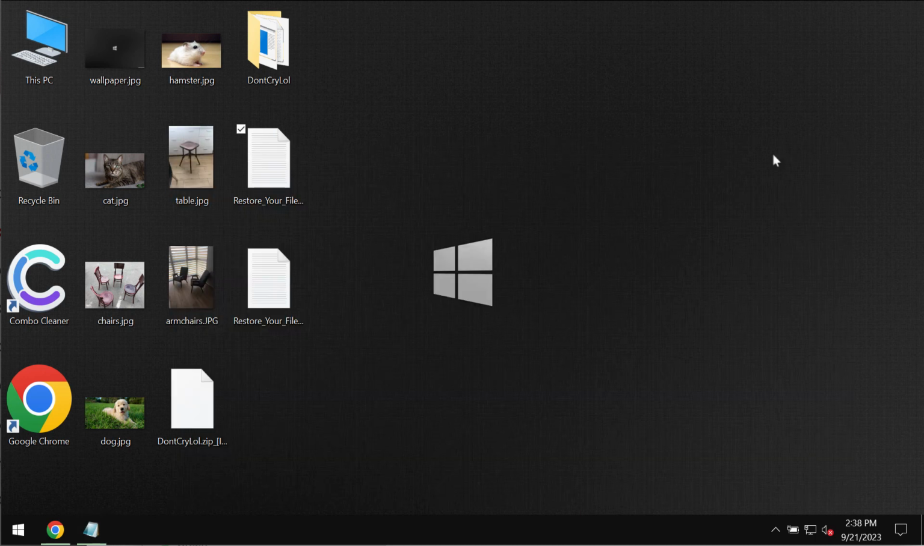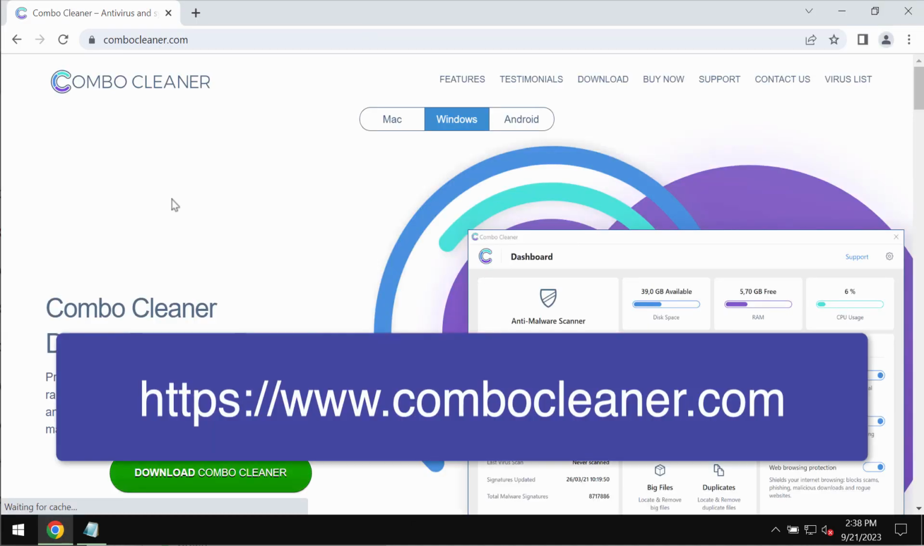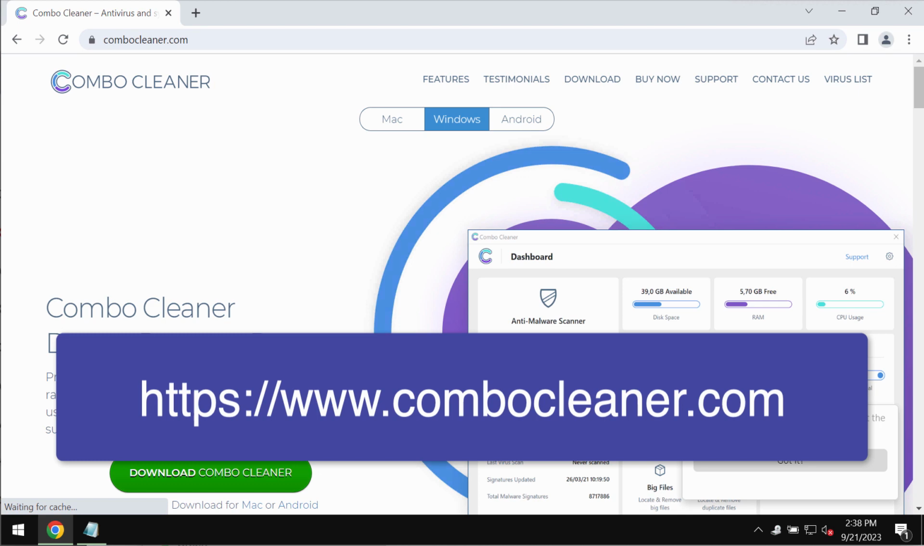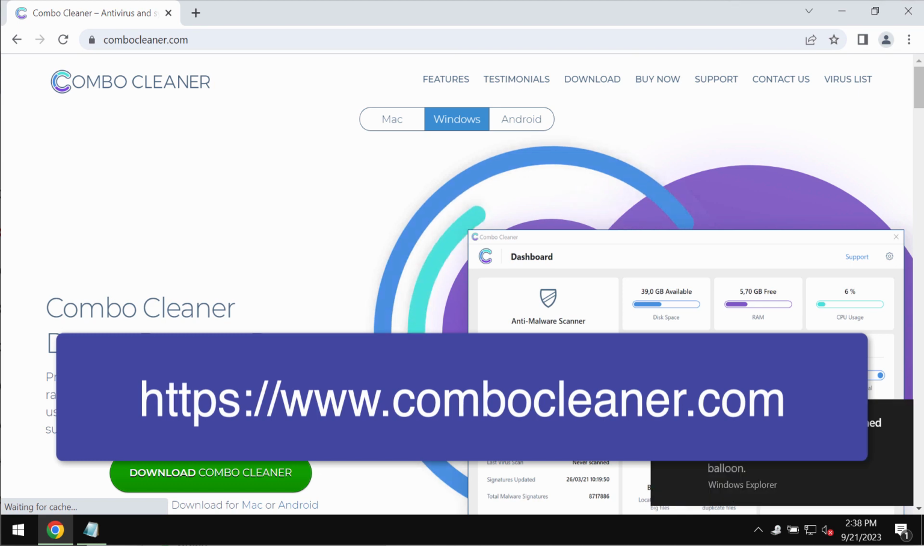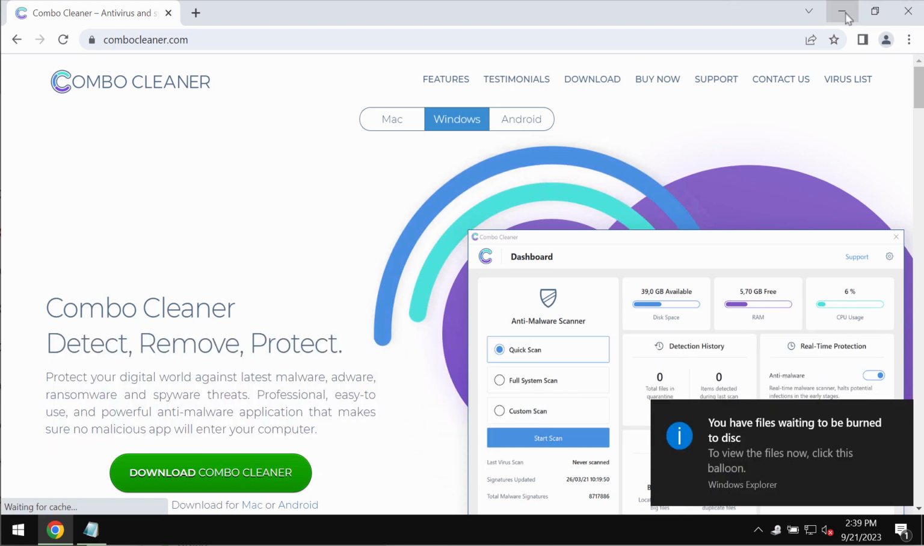But paying the ransom is obviously not a good idea. This does not guarantee the file restoration, and if you pay the ransom, you may just waste your money. Don't pay it. I recommend you remove this ransomware with Combo Cleaner Antivirus by going to the page combocleaner.com,